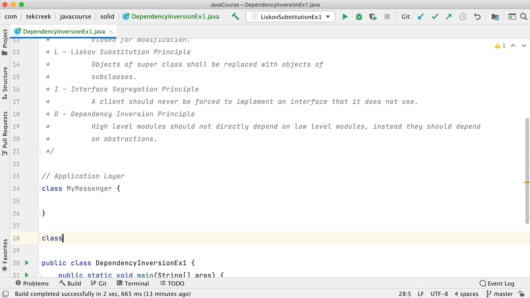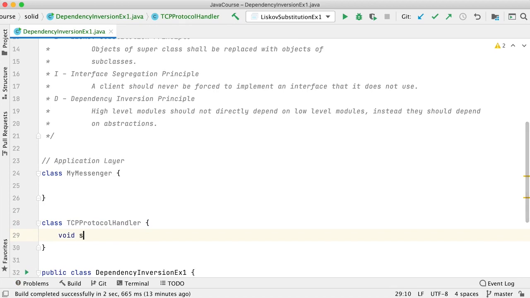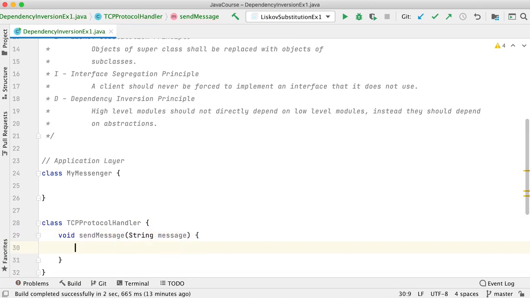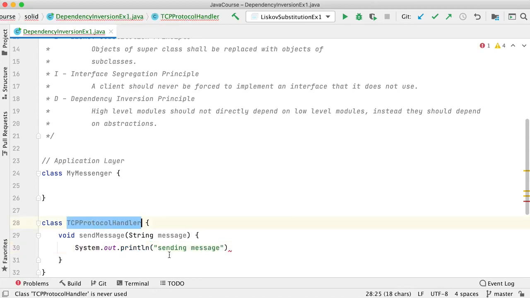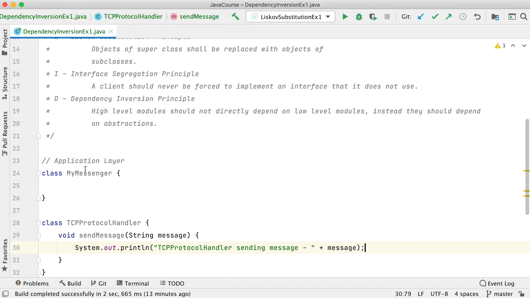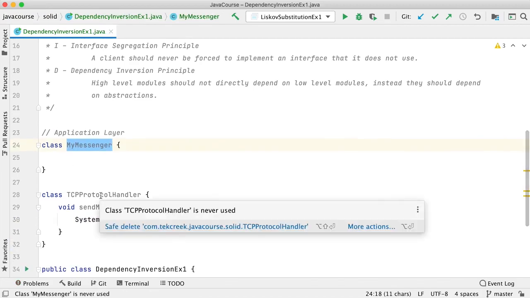And there is a class called TCP protocol handler with a send message method taking some string message. I'm not going to write the TCP stuff. So TCP protocol handler is sending the message. Now my messenger requires some TCP handler.